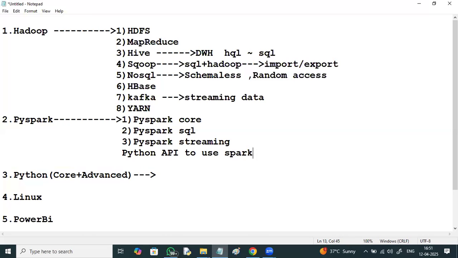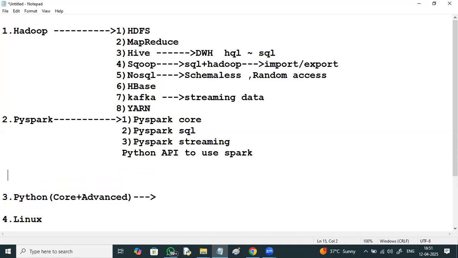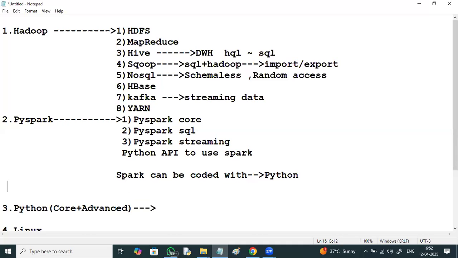Python API to use Spark. Spark can be coded in multiple languages. Spark can be coded with Python, Scala. So if you say Scala is the default language of Spark, but in the initial days, Scala was used